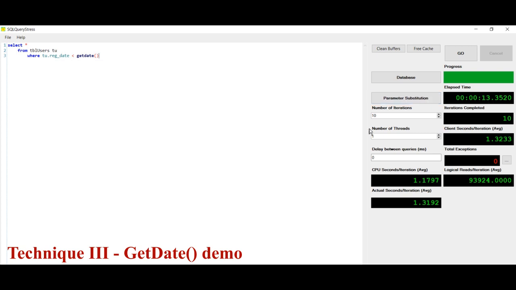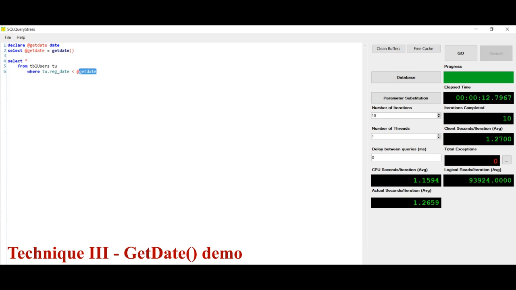Now we'll switch to an optimized version which gives better performance. Here we have first of all declared a variable @getDate and stored the value of the getDate function in this variable. Because of this, when the where clause is executed on records in this table, getDate will not be called every time. Only this @getDate would be used. So what will happen with this? A performance benefit, right? You can see the time has reduced down to